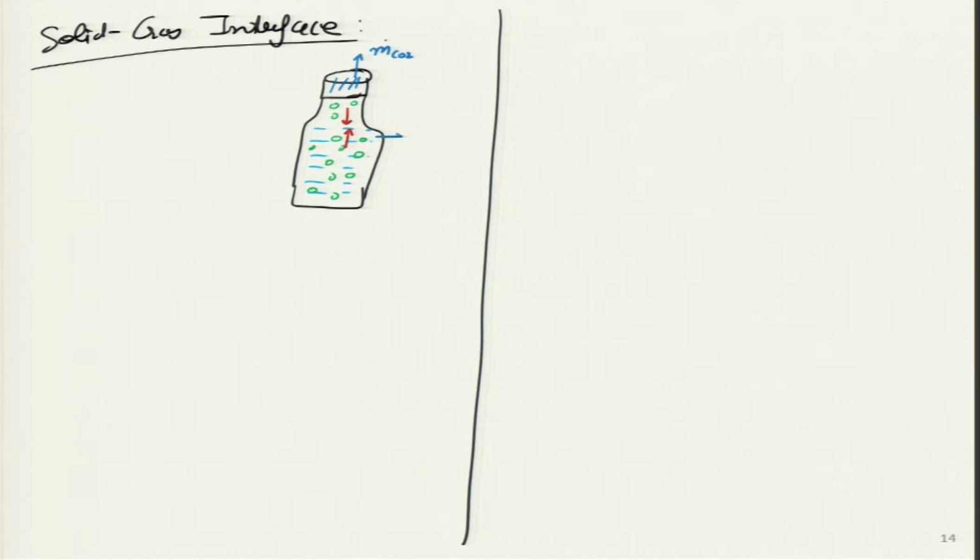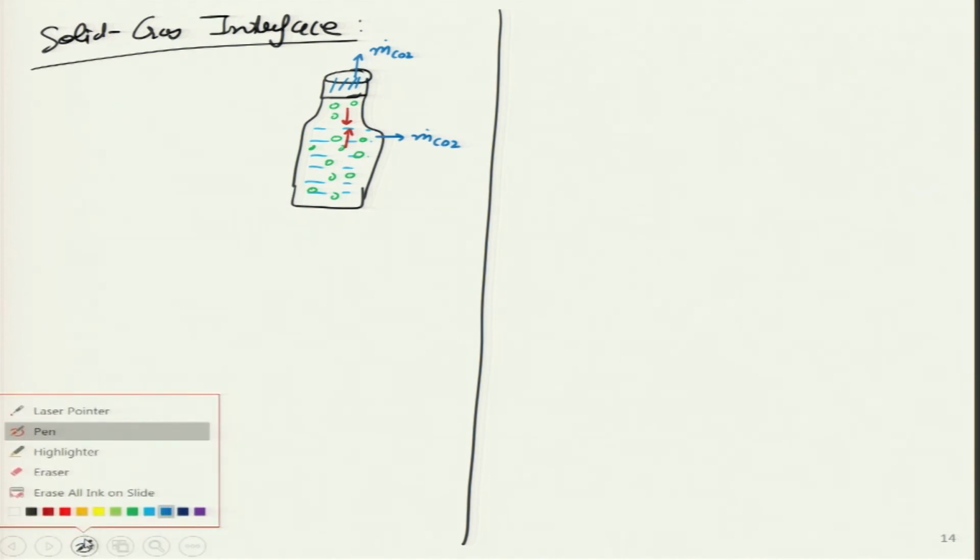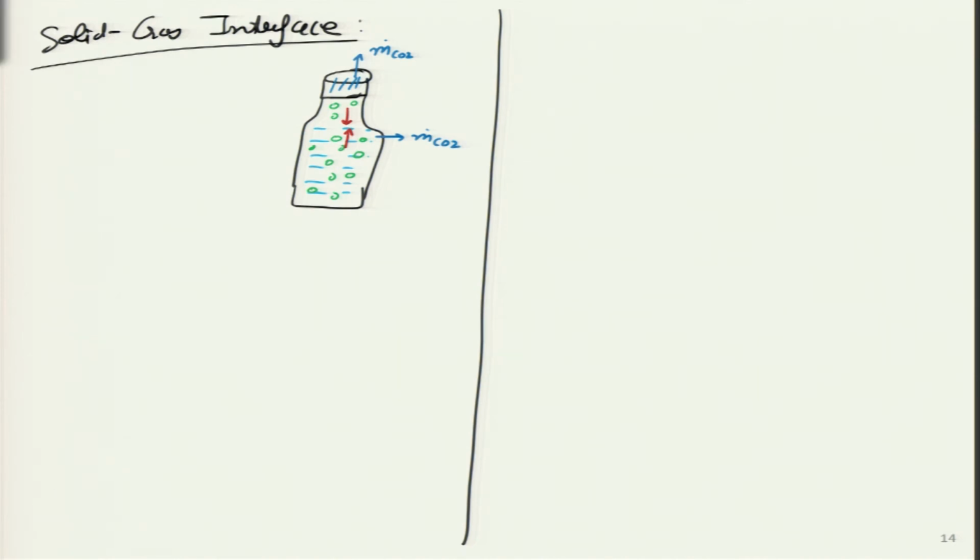Through the wall also CO2 will try to pass over here, and it actually does pass, which means that we have to try and figure out how, of course, the rate will turn out to be very, very low. It could be as low as 1 or 2 milligram or microgram per day or per month. It will be very low depending on the thickness and how much diffusion coefficient is there. But this is a real challenge, and let us try and figure out how we approach this particular problem. So, there will be 2 steps to this problem. In the first step, again we have to define a certain parameter which is called the solubility.